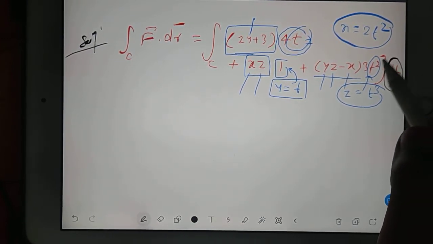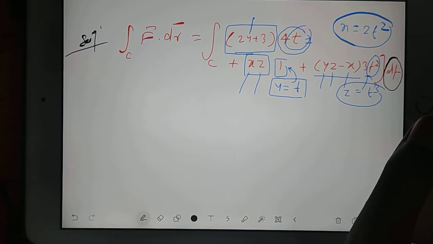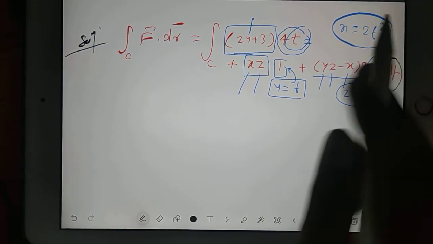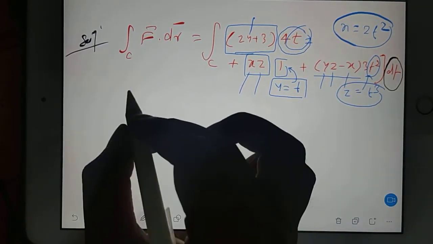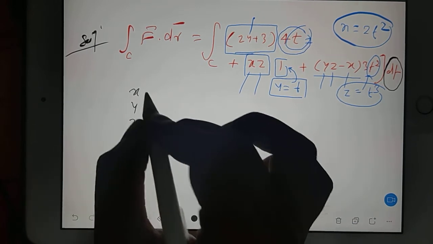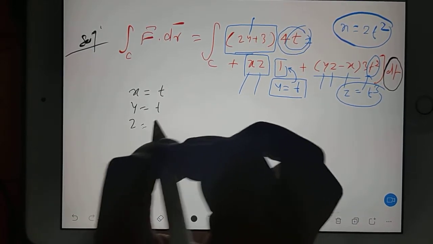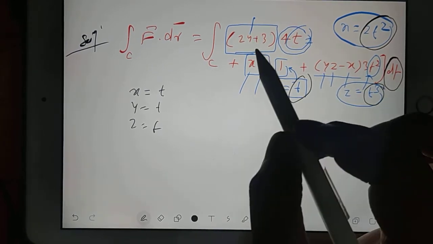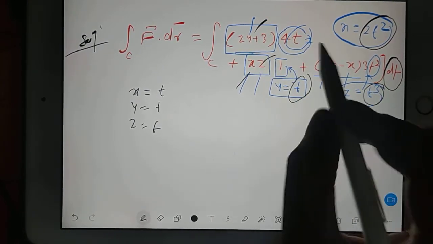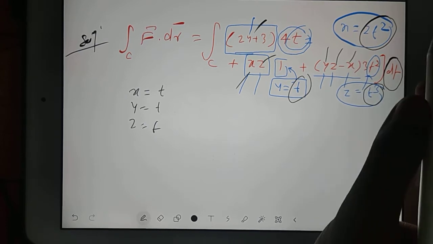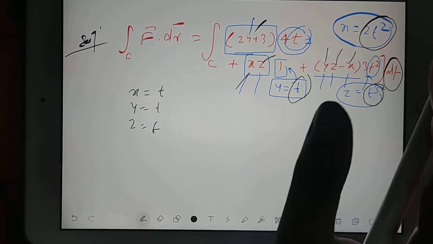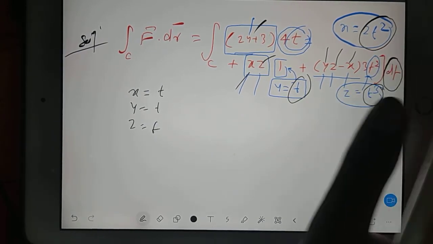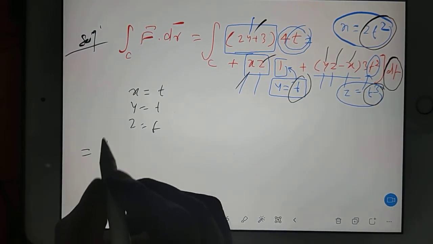So if you have to integrate for dt, then what will you do? The concept is very easy. Everywhere, you already know the x value, y value, z value in terms of t: 2t square, t, and t cube. So wherever you have x, y, z, you substitute all the values in terms of t. After that you integrate. So your new equation will look like an integration